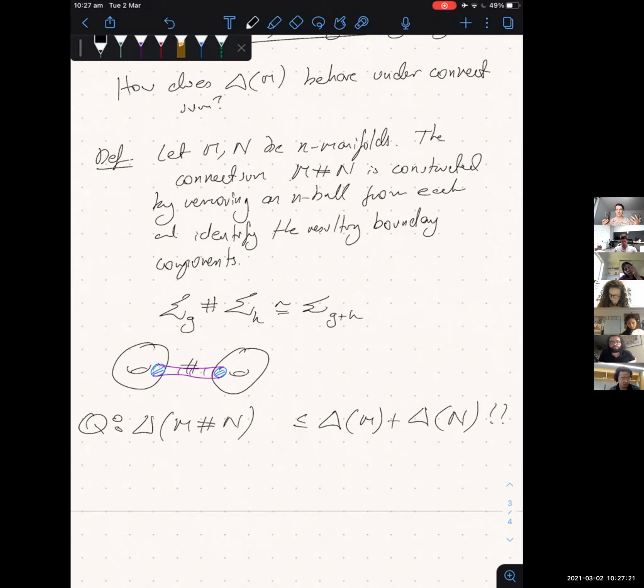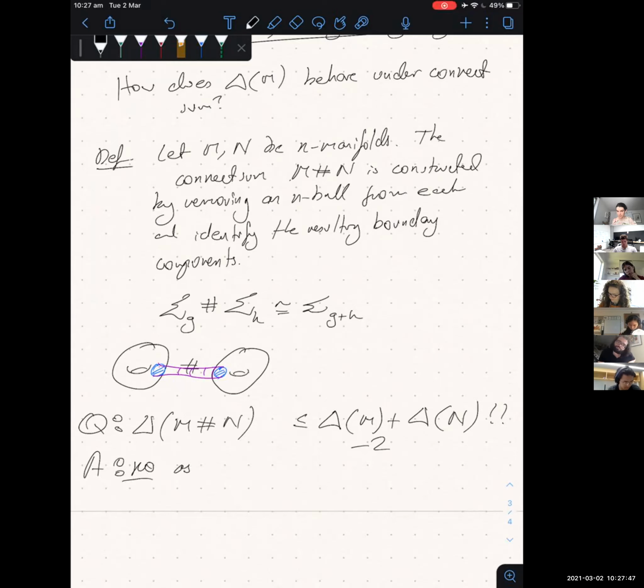In my head, the proof would go like this: you're just taking out a tetrahedron from each of them and identifying the boundaries. In fact, in that case you're subtracting 2, so you get the number of tetrahedra that you started with minus 2. But this is false